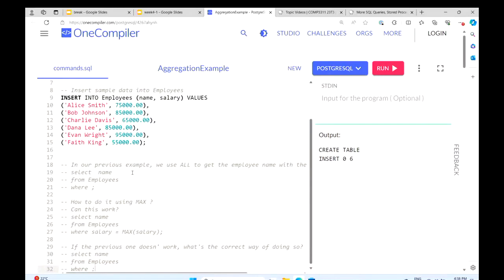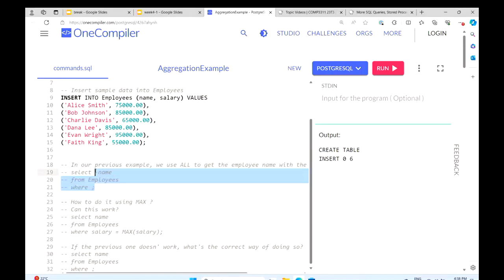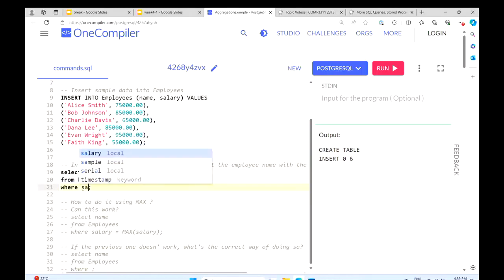In our previous example, we showed an example of using ALL to get the employee with the highest salary. Do you still remember that query? What's inside the WHERE condition here? Remember, we are trying to use ALL.